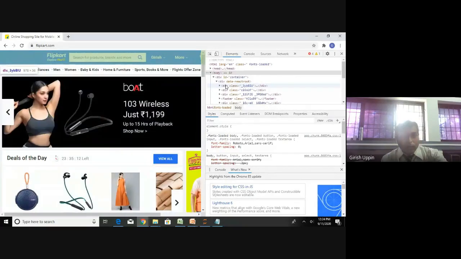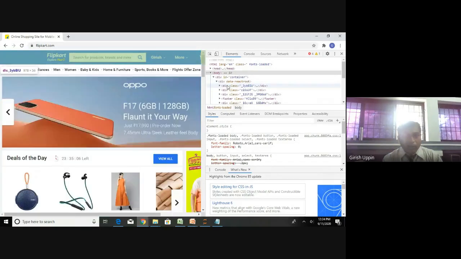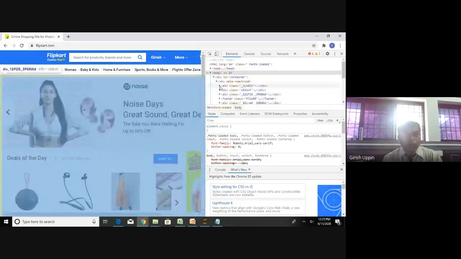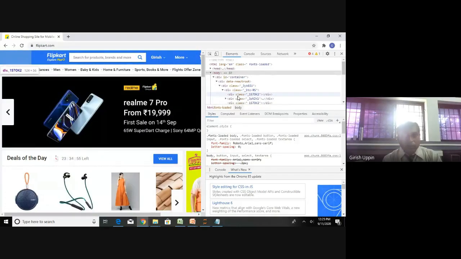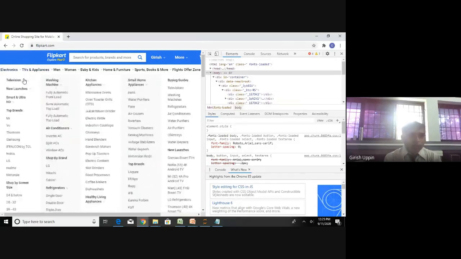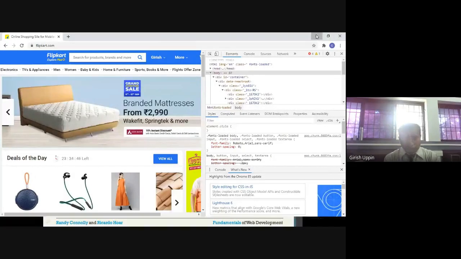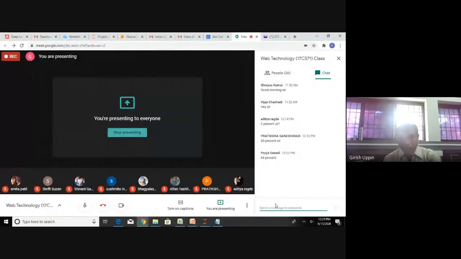Now you can see this top section is getting highlighted. You can see here, right? And it will move down next. Are you able to see? If you keep on drilling down, you will get so many divs inside divs inside divs. So this whole thing is divided into divs, and that's how so many divs are used. Are you able to see that so many divs clearly?